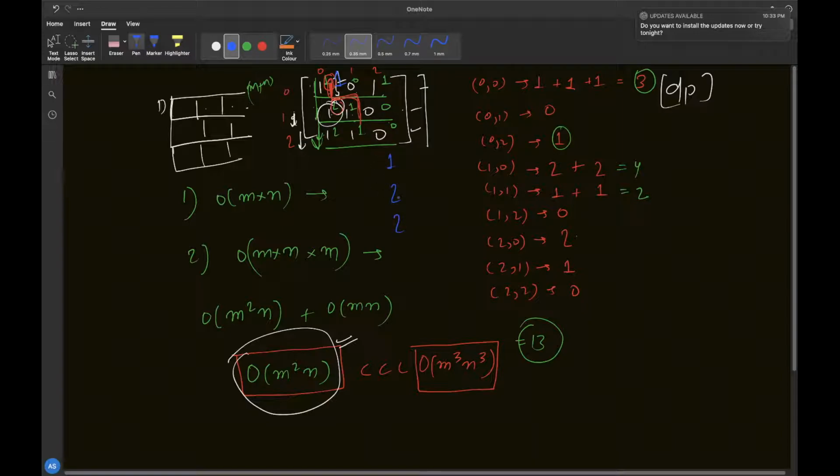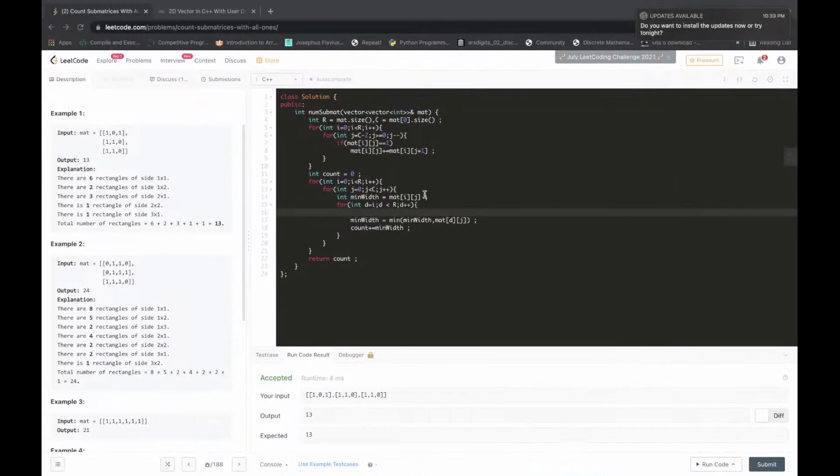Now let's consider this 2 was not 2 but 0. Since we are maintaining a minimum, the minimum at this point will be 0, and this 0 would propagate downward. So if we have 0 at any point, we can simply break this loop here.